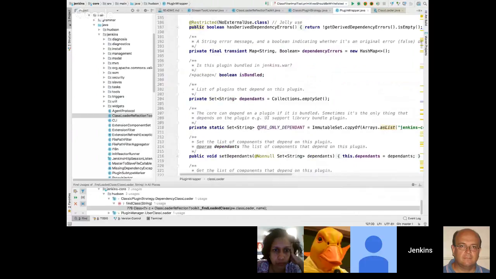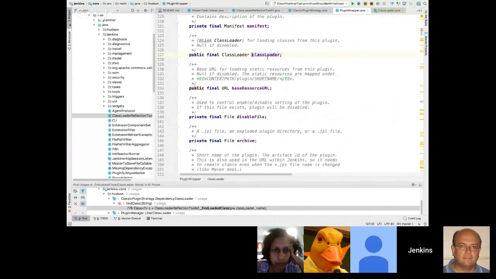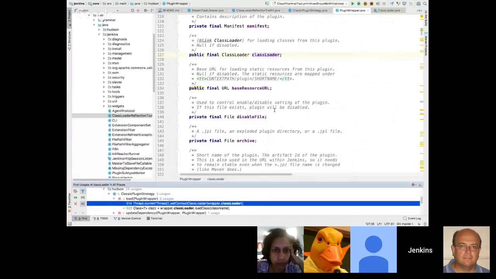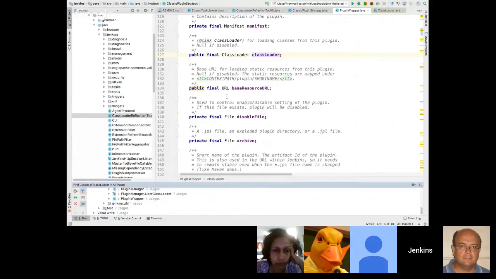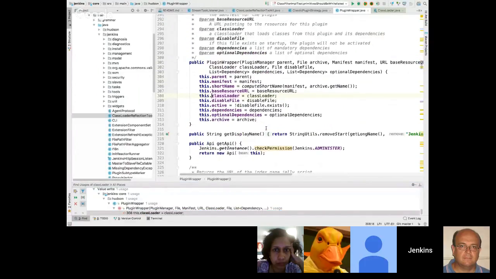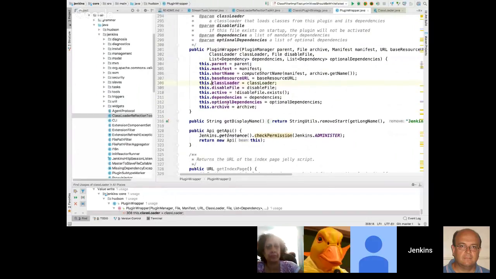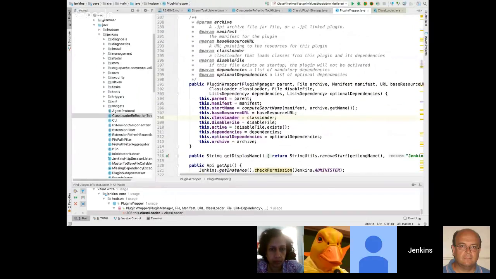We can just start annotating that in order to ensure that the changes we make are fine. Okay, so I'm just trying to check where the value is set. When we create a class loader, we pass it from here, and it's the only constructor. So if we know that this class loader is fine, then everything is fine.